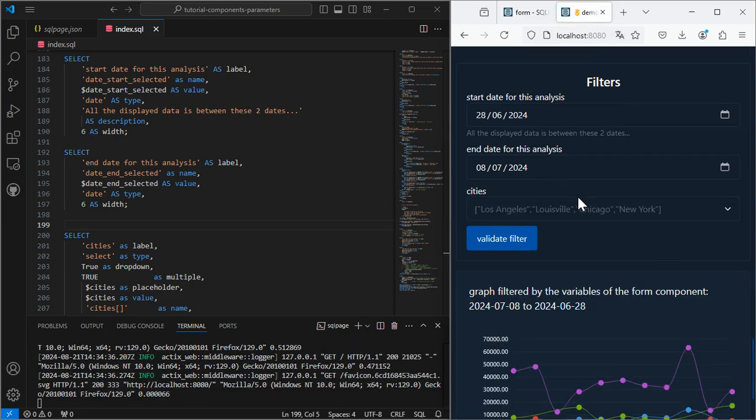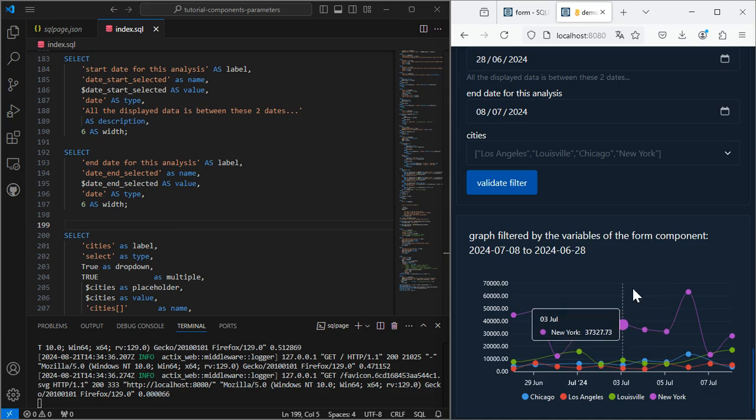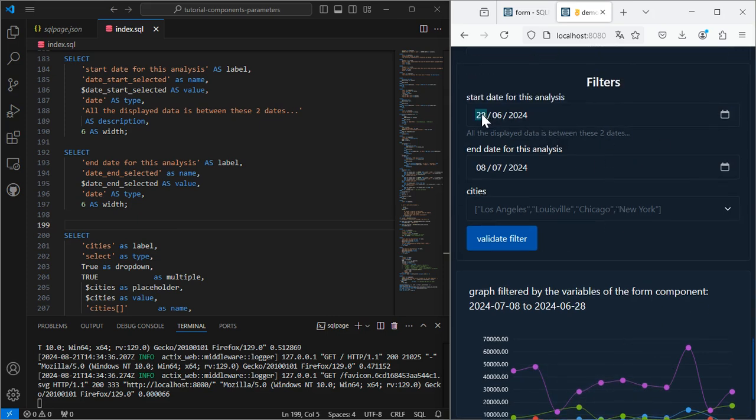So now what we want to check is that when I change the values here and select some cities, the graphs update, but the values remain inside the form. Let's see if it works.